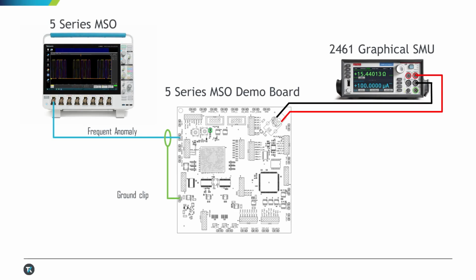Let's get started. Here's a diagram of the setup we'll be using first to simulate a dropout. We'll be connecting to the frequent anomaly signal on the demo board with our 5 Series MSO. This signal, as you may guess, usually shows a basic pulse signal, but every now and then has an anomaly show up. We're powering the board with a 2400 series graphical source measure unit, in this case a 2461. For a connection, we're using a USB Type-B cable that's been modified to have safety banana plugs on the other